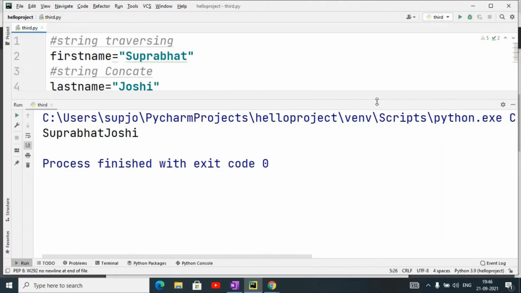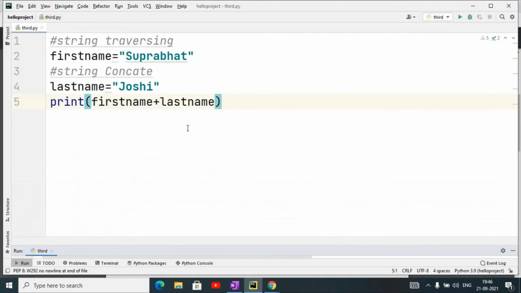Now it will concatenate two strings. So this is about concatenation.